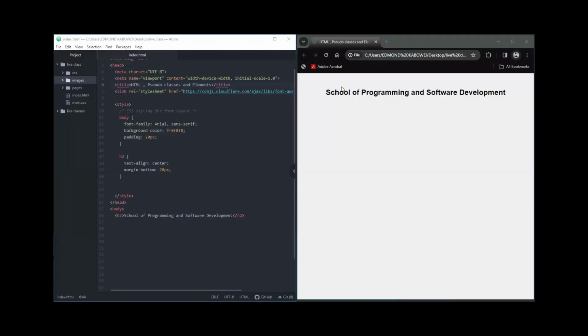All right, welcome everyone. This is week 8, and today we'll be learning how we can use pseudo-classes and pseudo-elements to style elements in HTML. And for the live class we missed last week,